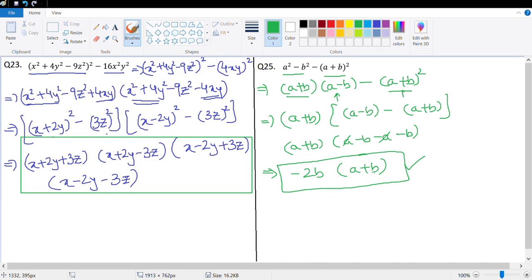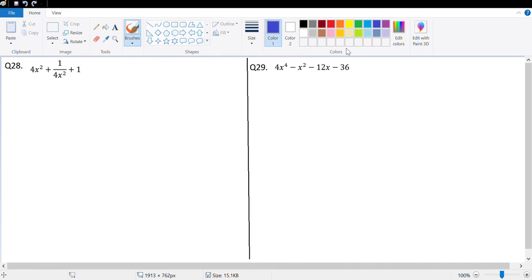Let's look at the last couple of homework questions, which is question number 28. Question 28 says 4x square plus 1 upon 4x square plus 1. This is clearly 2x plus 1 upon 2x the whole square. Let's see how I can manage it. So the 2x plus 2x whole square would be 4x square. The second term square, that's 1 upon 4x square plus 2 times 2x multiplied with 1 upon 2x, which means